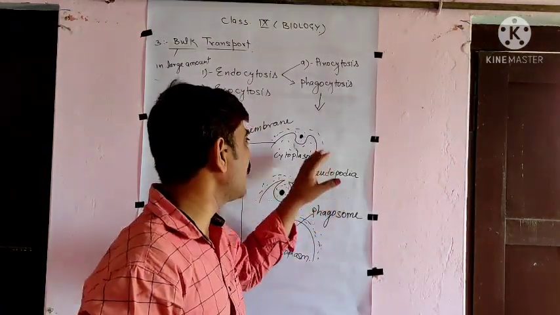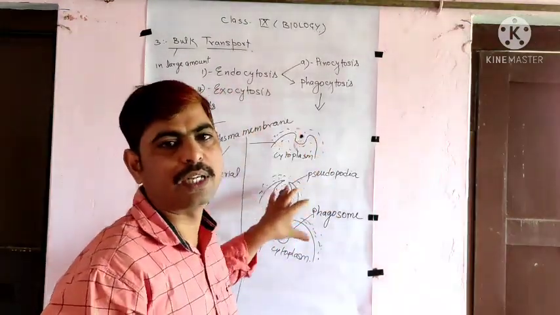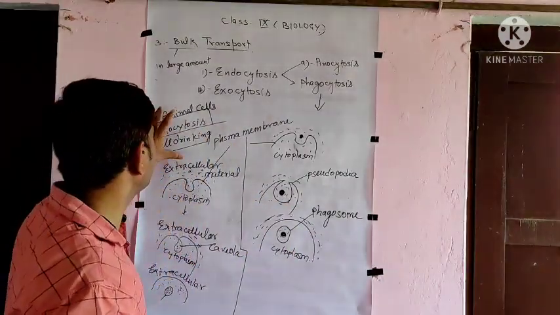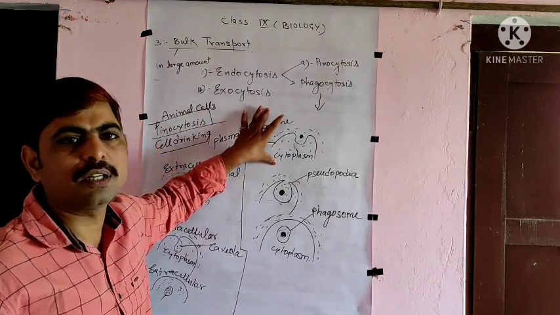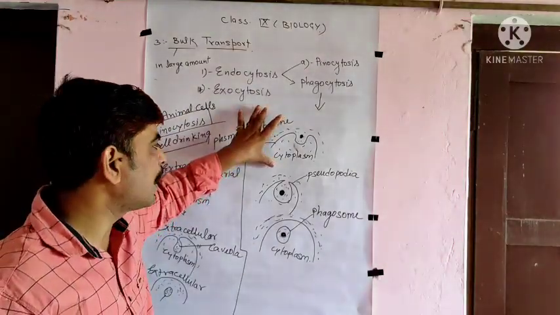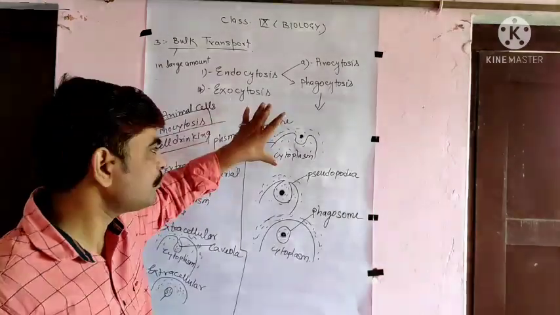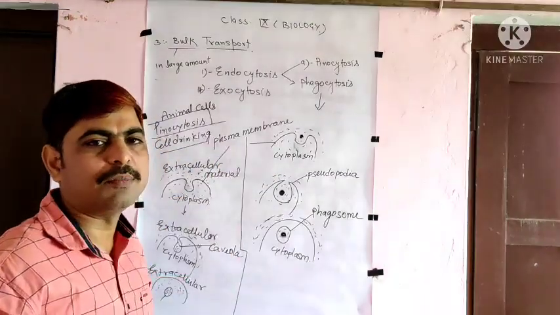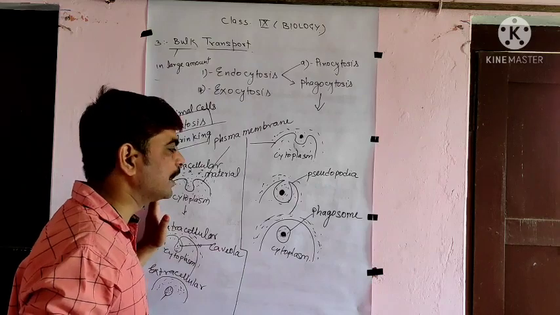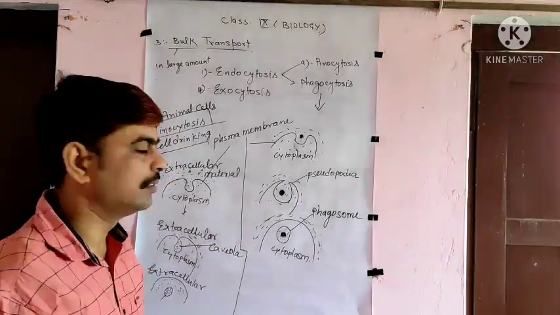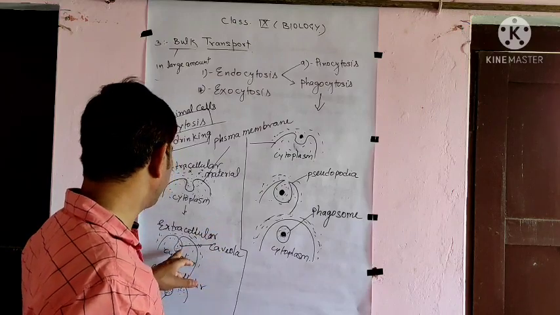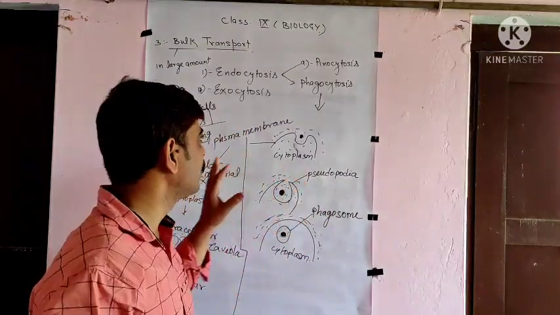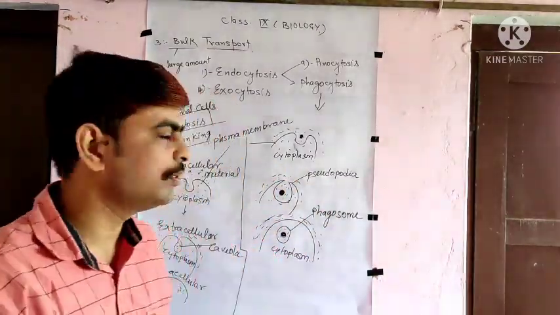So this is the transferring of solid bulk material, macromolecules, inside the cell, and this is the liquid material inside the cell. This is called the pinocytosis. This is called the phagocytosis. This also helps in defense of our body. Otherwise, both are the property of unicellular organisms like amoeba. Okay, this is called cell drinking, and this is called cell eating. Okay, this is the pinosome when it detaches, and this is the phagosome. I hope you will be able to understand.